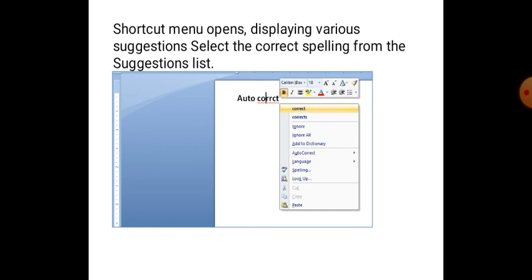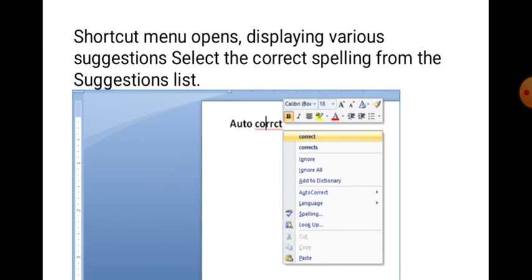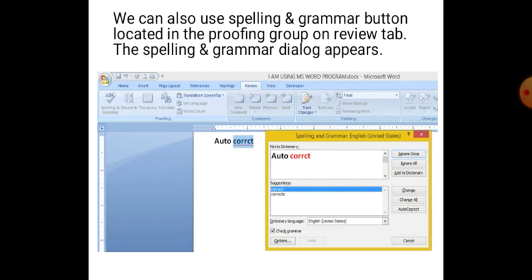From that shortcut menu, we have to select the correct spelling from the suggestions. I have clicked on the first one, and MS Word will automatically replace the incorrect spelling with the selected option. So this way we can easily correct our spelling mistake.